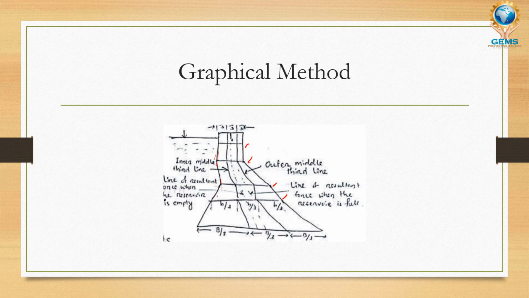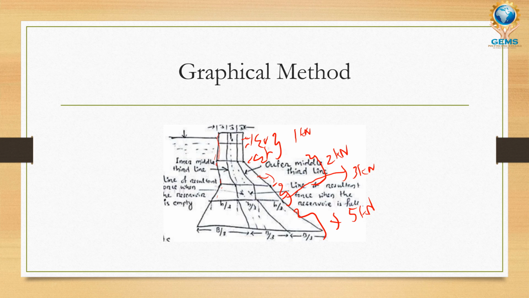This top portion is fully vertical. It has a vertical force, summation V, and summation H, which you consider like 1 kilonewton. Suppose this is a different portion, this portion is supposed to have like 2 kilonewton. I'm just explaining for explanation, don't consider it as real. And this portion is supposed to have 3 kilonewton, and suppose this portion is going to have like 5 kilonewton. Actually these are the vertical and horizontal forces which are generated in the dam.